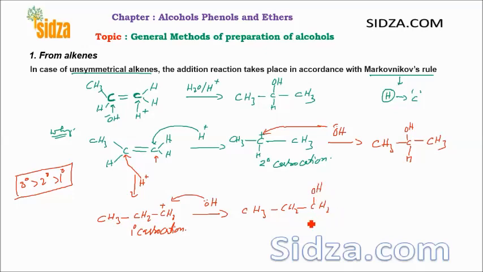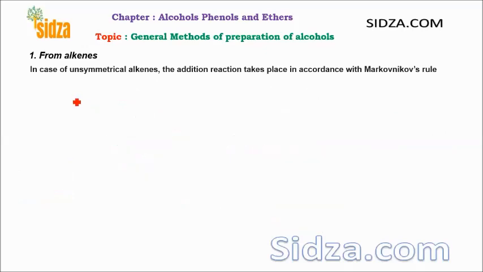This will be 1-propanol and this one is 2-propanol. Now let's take another asymmetrical alkene. For example, this is our alkene, CH3-CH(CH3)-CH=CH2. This is an asymmetrical alkene, and